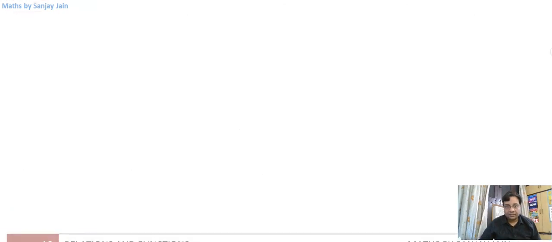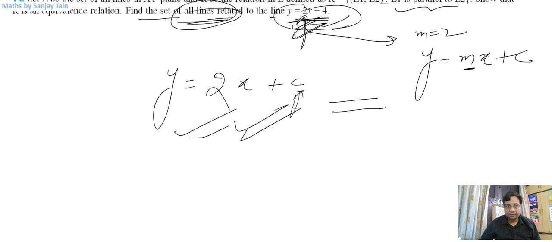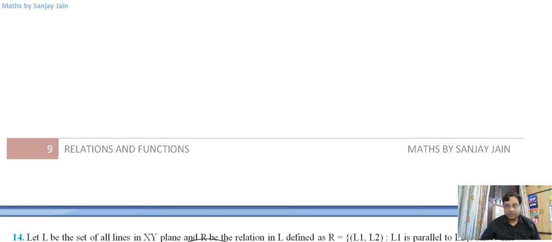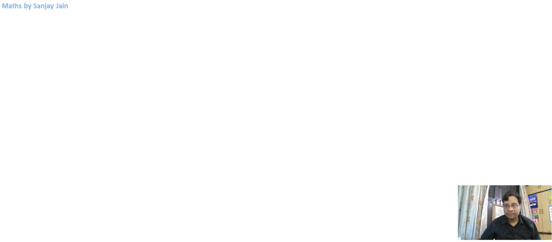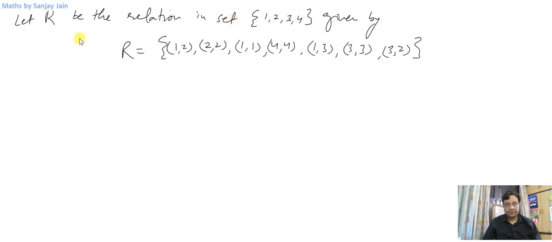Where is the next question? Okay, I think there are two more questions, so I haven't written this already, so let me write it myself. So there is this 15th question which has got this language, right? Then there are 4 options given, we need to choose one of these. So I will see whether it is reflexive, symmetric or transitive, and you will choose the option accordingly.